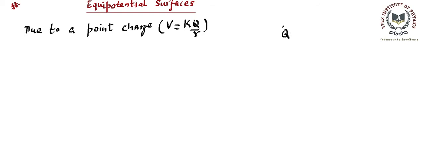So if this is a charge q located here, you can imagine particles having the same distance will be equipotential in nature. Now if we collect all these points, which are at a particular distance from this charge, let's call that r, then we will find such a collection of points forms a spherical surface. That means because of a point charge, we have spherical surfaces which are equipotential in nature. So equipotential surfaces will be spherical surfaces,